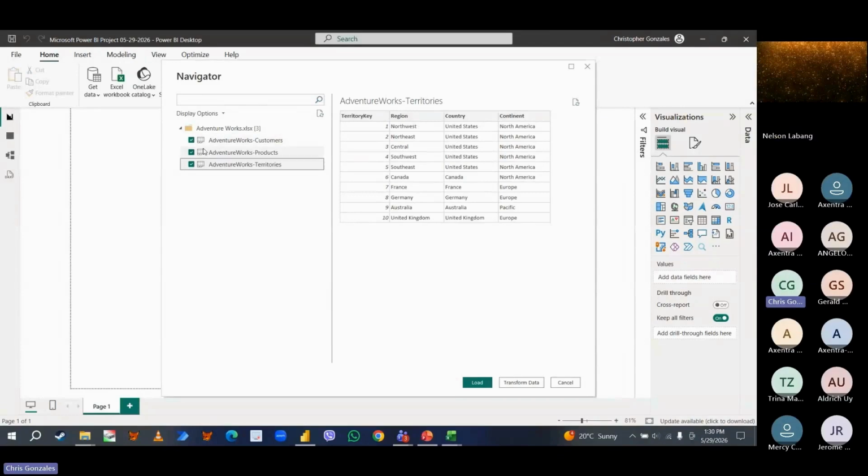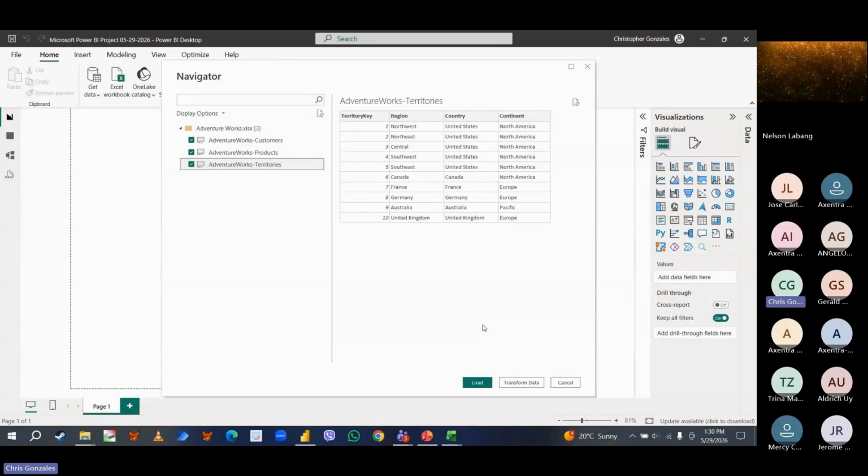Okay, now, there are 2 command buttons available at the bottom. Let me explain this. First is the load button. When you click the load button, what will Power BI do? It will import the data in the backend interface, but it will not do any data cleaning process.